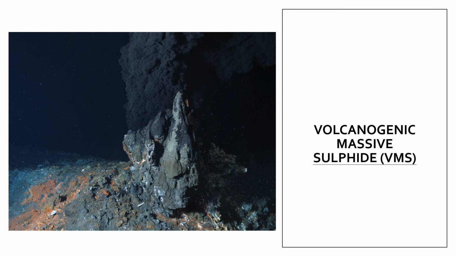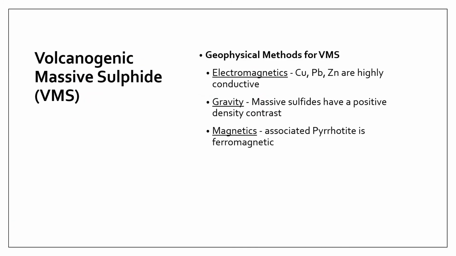And this is the black smoker that I was talking about. Okay, so this is a hydrothermal vent which is just issuing a black cloud that is full of sulfides. Okay, and these sulfides deposit in the surrounding areas of the VMS, and they eventually build up your deposits. Now, for geophysical methods,